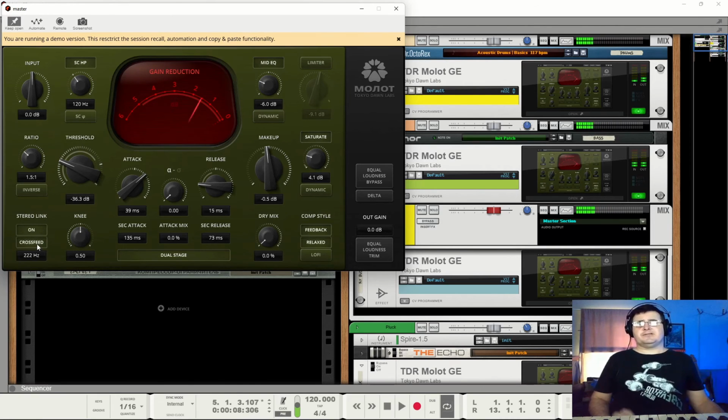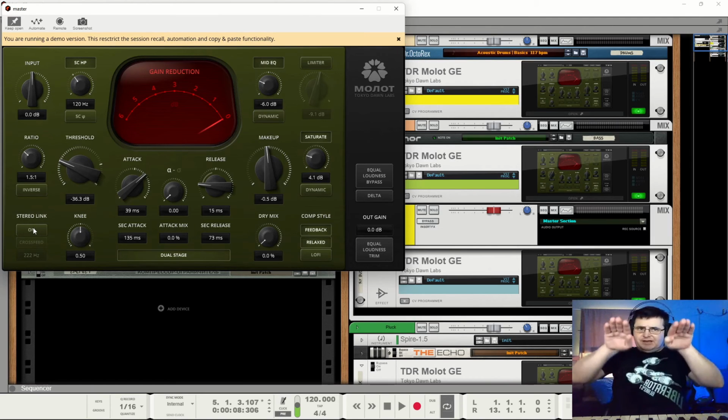You can set a crossfeed. I'll get you to read the manual on that one. But quite simply, this gives you the option to either run the two together, so whatever one side's doing, the other is doing, so our compression works like this in stereo. When we unlink, as I said, two completely different subcompressors.